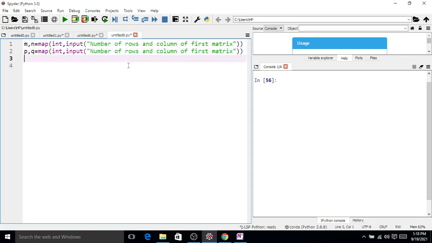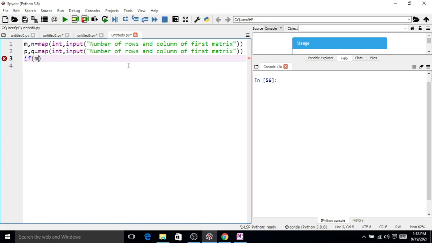Now we want to check whether the number of rows of the first matrix is equal to the number of rows of the second matrix, and the number of columns of the first matrix is equal to the number of columns of the second matrix.